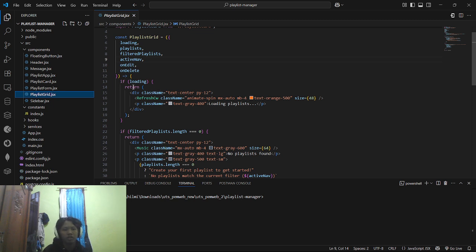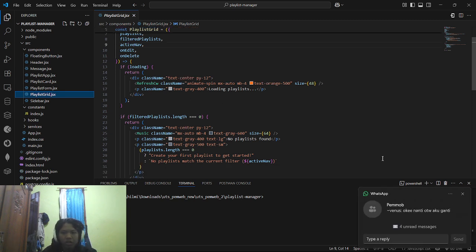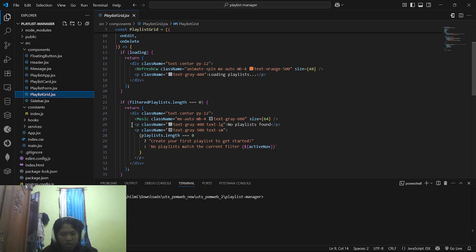So here is the function. If loading is true, show a loading animation. Here is the loading animation.